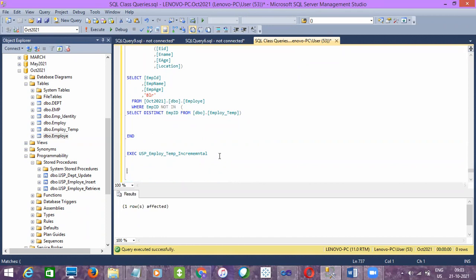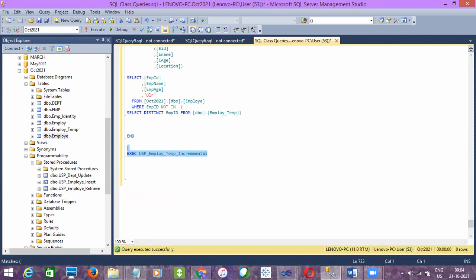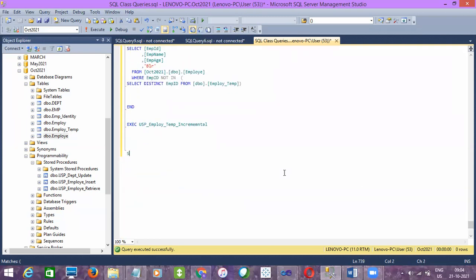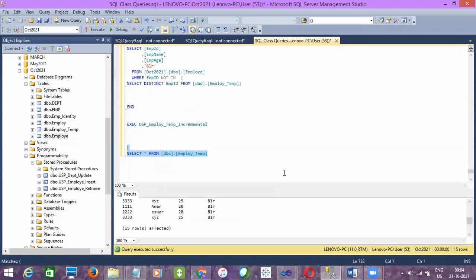Now if I execute the stored procedure, how many rows will go into destination, guys? One row, right? Whatever new record we inserted. Why? Because it is not there in the destination. But it is going 0 records. Let's check whether 8888 is there in the destination or not. Do we have 8888 here?